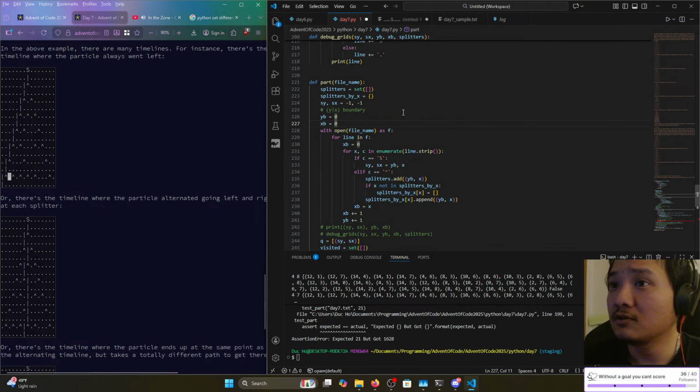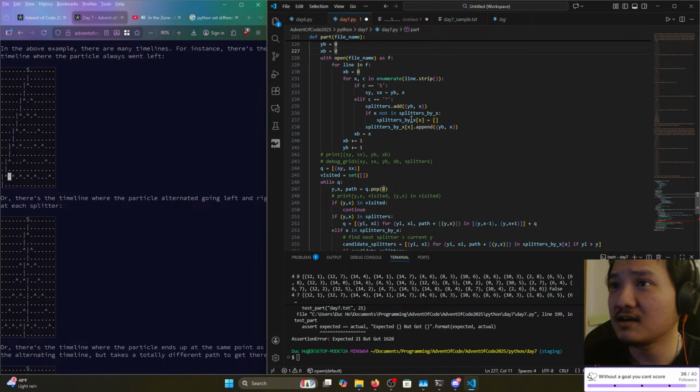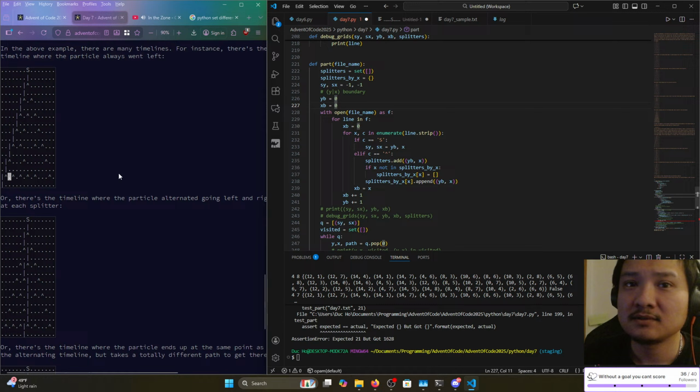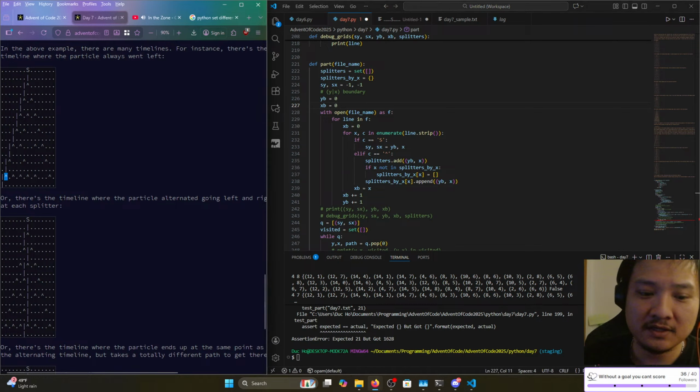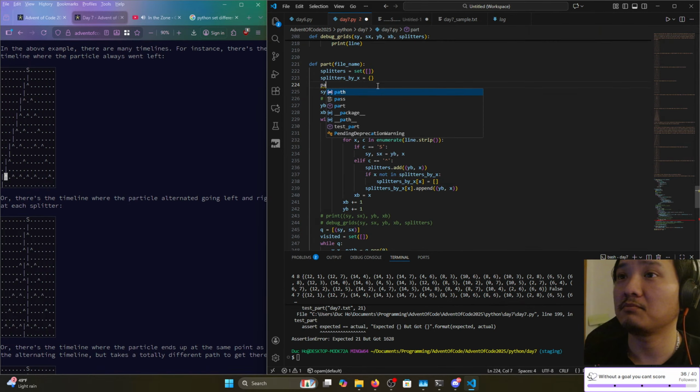So let's call this, what do we call this, path count, right? So in any particular node we want to find the number a path is going to spin off of. So let's call this path count,